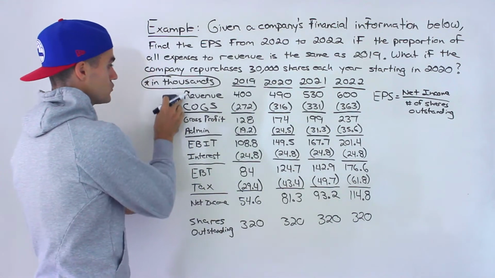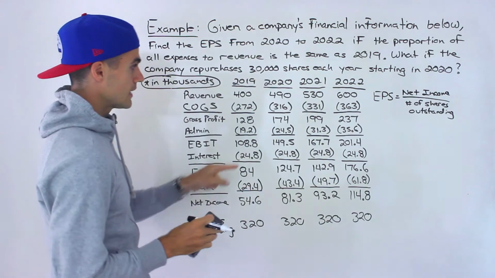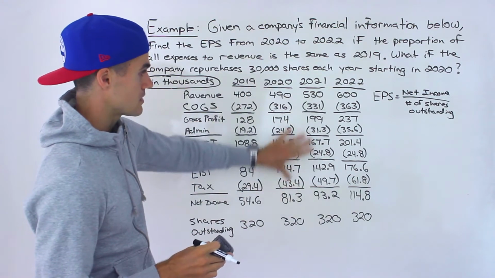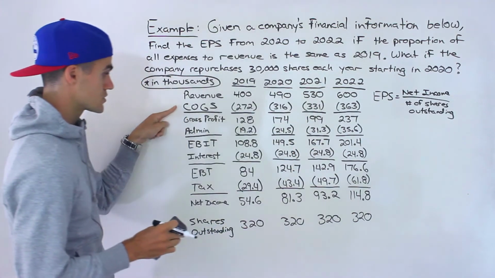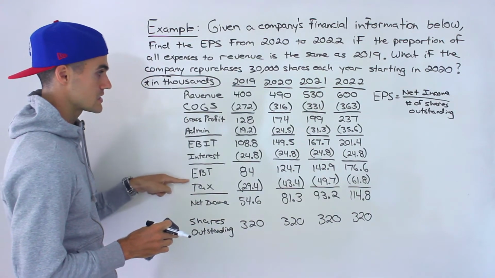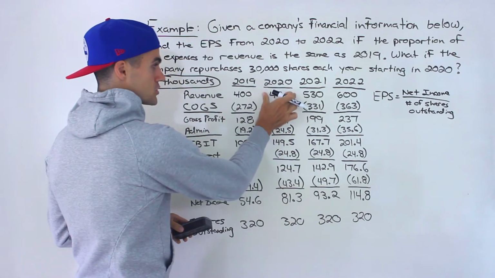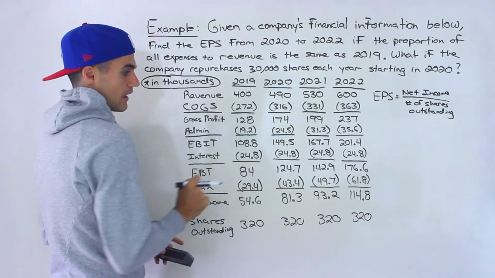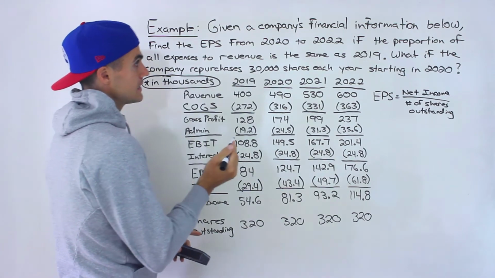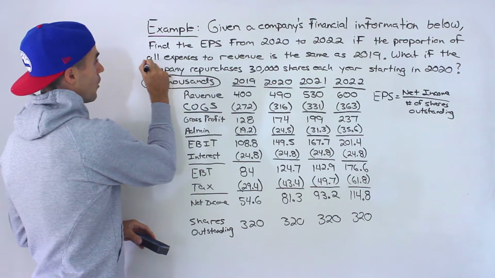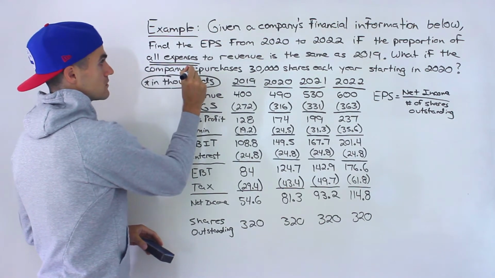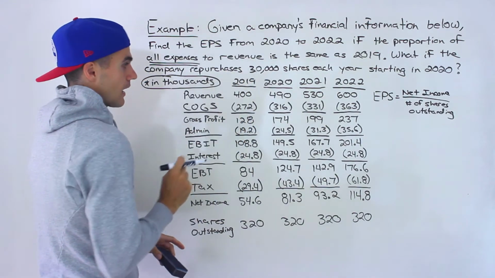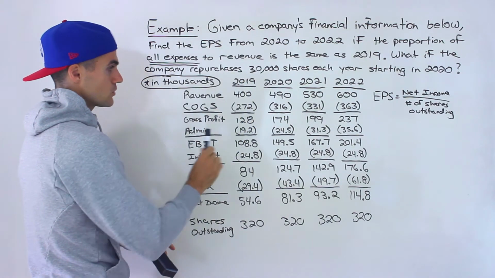And so what we have to do first is make sure that all these expenses on the income statement, so the cost of goods sold, the admin expenses, the interest, the tax, are the same proportion to revenue as they are in 2019. And in fact, what's key about this question is they're saying that all the expenses are the same proportion to revenue as 2019. And so really, we actually don't have to